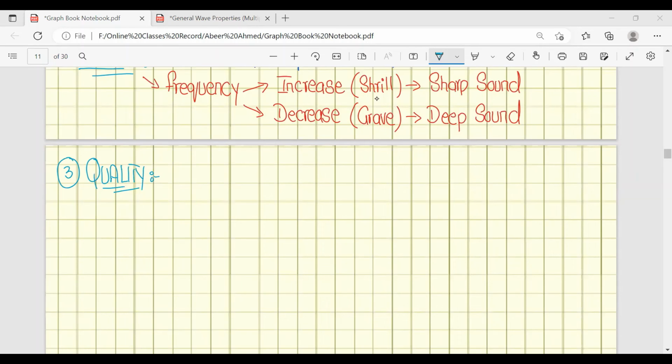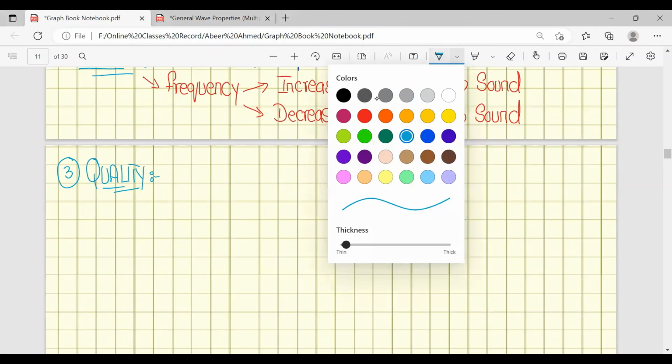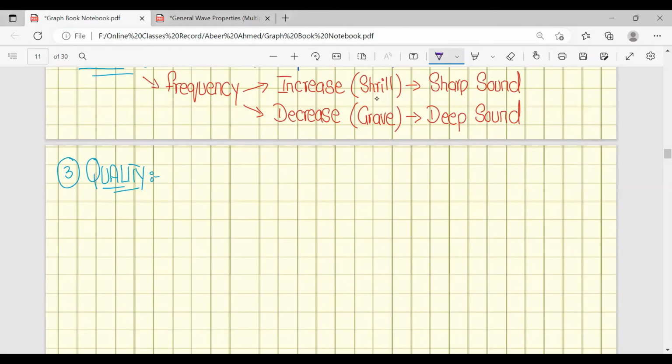Suppose two sounds are produced at the same time. This factor helps us to differentiate between two sounds